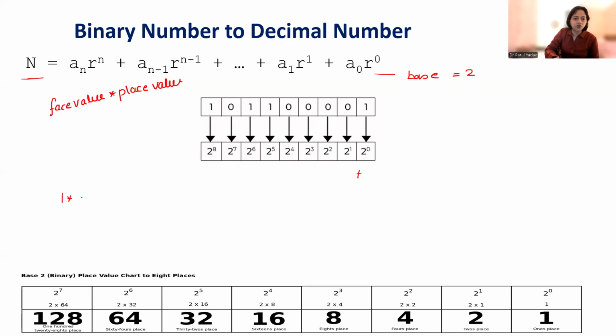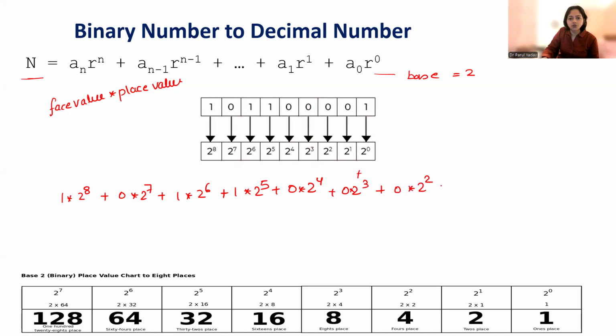So it will be 1 into 2 to the power 8 plus 0 into 2 to the power 7 plus 1 into 2 to the power 6 plus 1 into 2 to the power 5 plus 0 into 2 to the power 4. I'm just multiplying like this, 0 into 2 to the power 4 plus 0 into 2 to the power 3 plus 0 into 2 to the power 2 plus 0 into 2 to the power 1 plus 1 into 2 to the power 0,